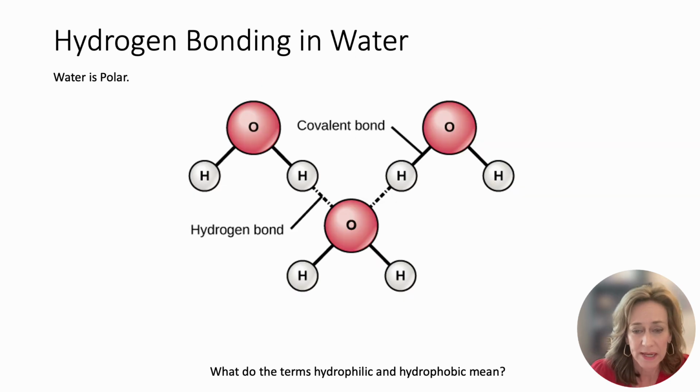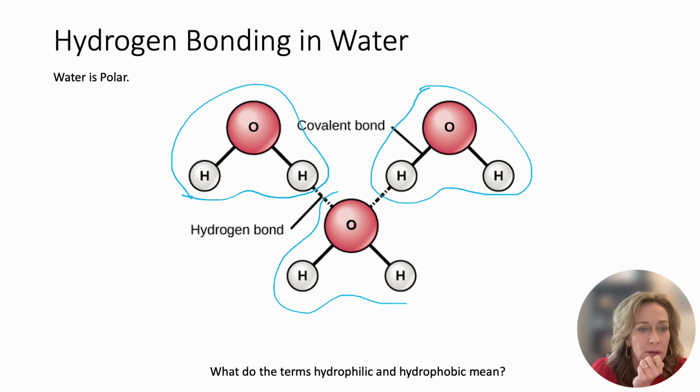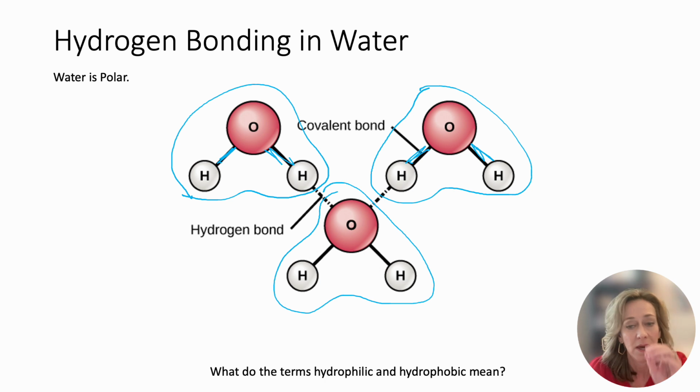Now we talked about water as an example of a polar covalent bond. So in this image, we see 3 different water molecules, okay? This would be 1 water molecule. We have a second water molecule, and we have a third water molecule. Now, the covalent bonds are between the oxygen and the 2 hydrogens for each water molecule. So each oxygen is bonded to 2 hydrogens for each